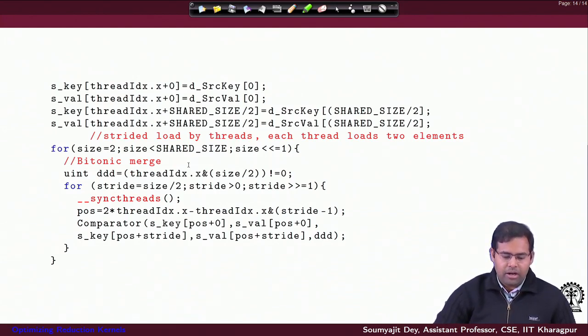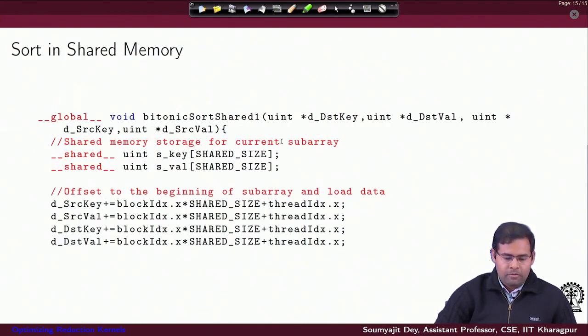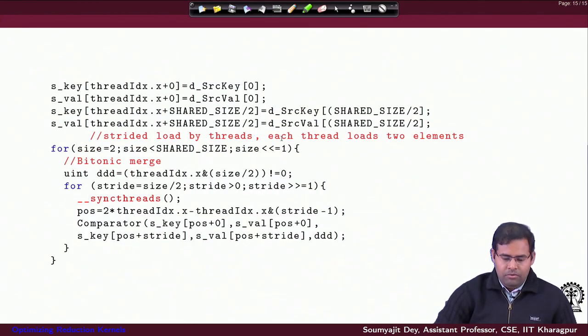As we have seen from our earlier algorithm, all that we will need to do is first have the sequence in step 1 and step 2. So here first we show the part for the Bitonic merge